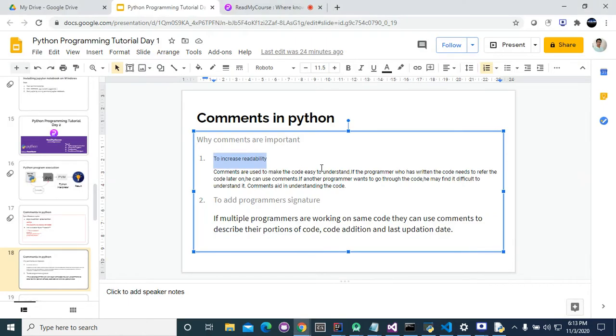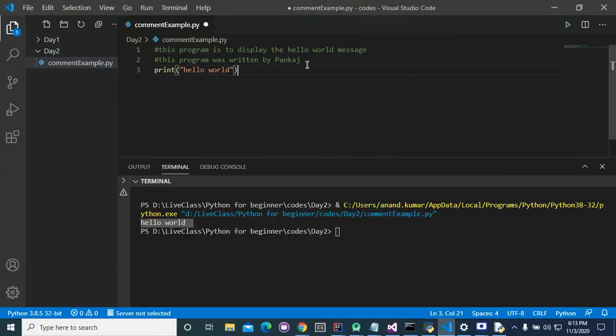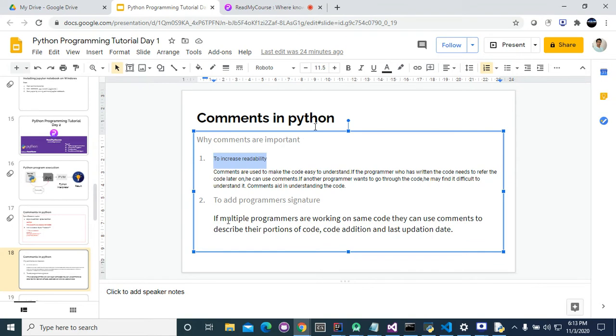Now, moving to the next topic, there is one more importance of writing comments: to add a programmer signature. I previously mentioned that we can add a programmer signature by comment, and if multiple programmers are working on the same code, they can use comments to describe their portion of code.